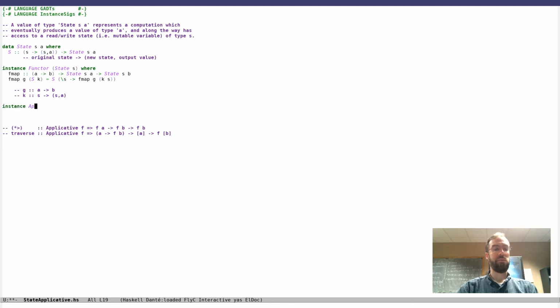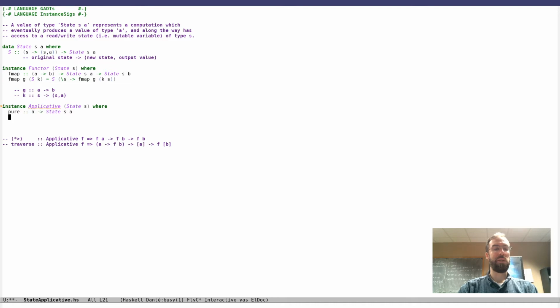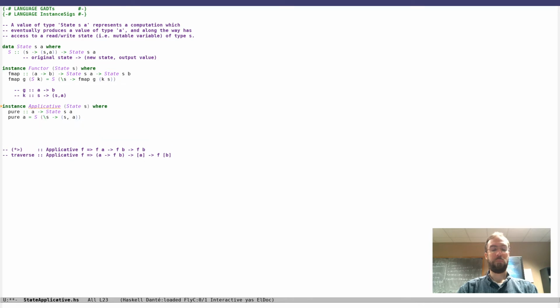So we can also make an instance of Applicative for State S. So we need a pure, which is going to be from A to State S A, and this is easy. pure a, we make a State computation. We take the original state, little s, and we return that same state unchanged and the value a. And then for the app operator,